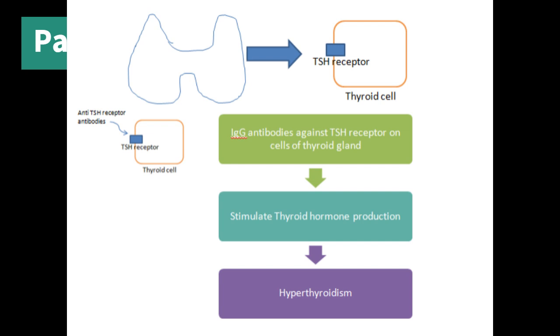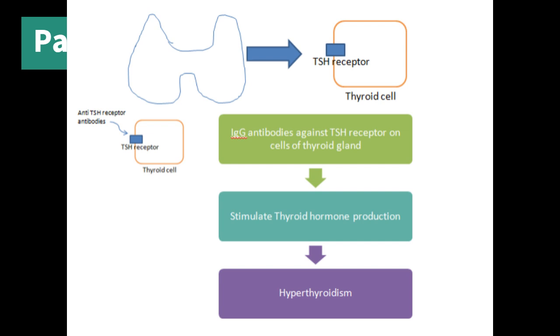Now, let's talk about the pathogenesis of this condition. So, in the thyroid gland, every single thyroid cell will have a TSH receptor on it. Now, TSH hormone or thyroid stimulating hormone will bind to this TSH receptor and it will stimulate the production of thyroid hormones. This is what happens normally, that under the stimulation of TSH, thyroid hormones are produced by each of the thyroid cells. In Graves' disease, we have IgG antibodies against the TSH receptor on the cells of the thyroid